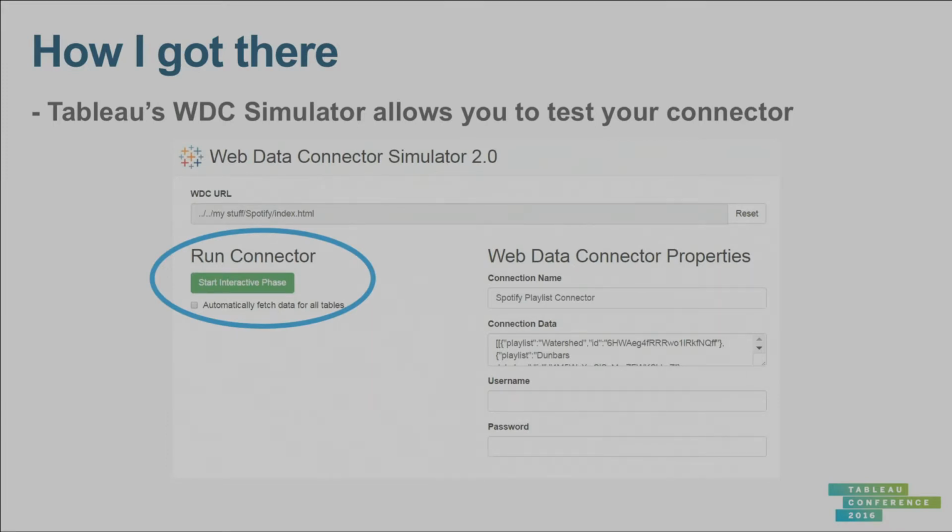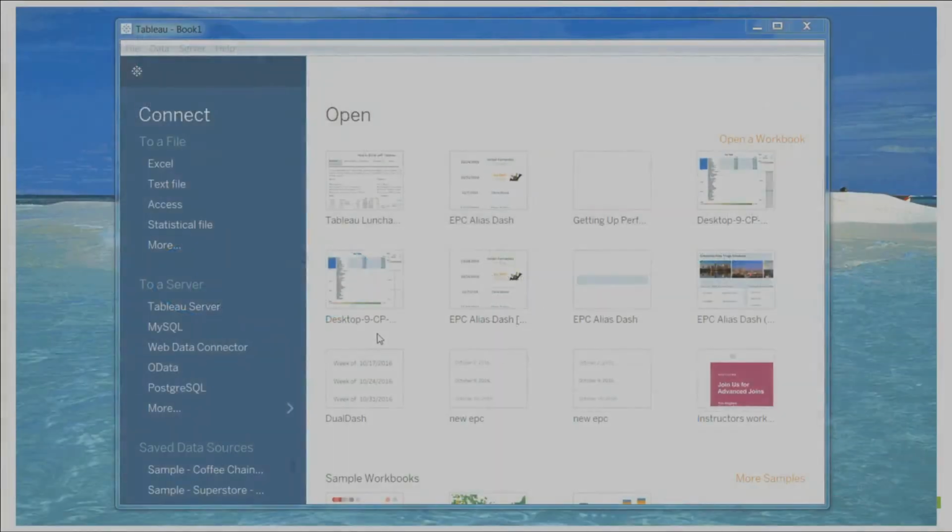Now, with some trial and error, I got this stage to work successfully in the simulator. So I could pull down the access token from the URL and start retrieving personal data. As long as this box had information in it, I was happy and the step was working. So I decided to test it in Tableau itself. And show you what happened.